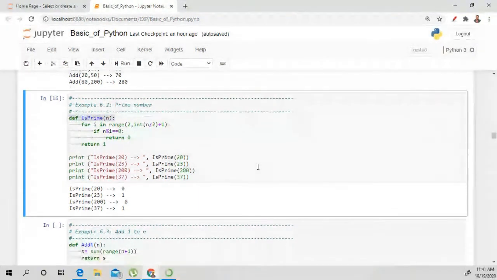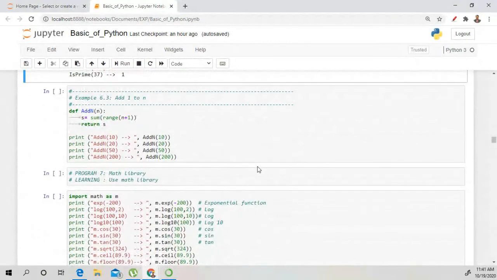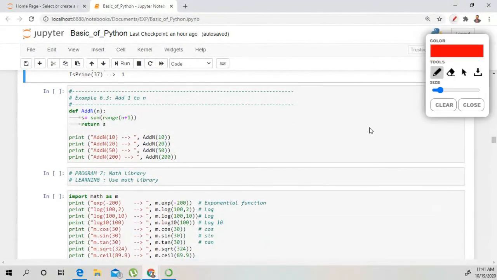So now let us explain how to create a function for addition. Here we have defined the function using the def syntax, and we create a function named add_n_number.